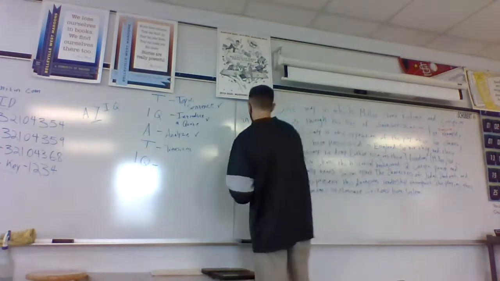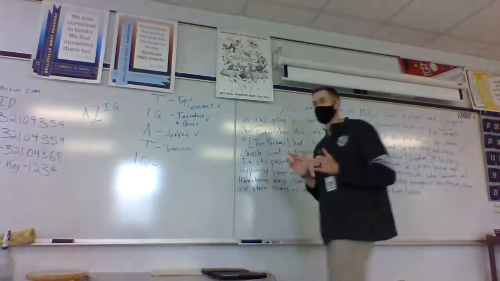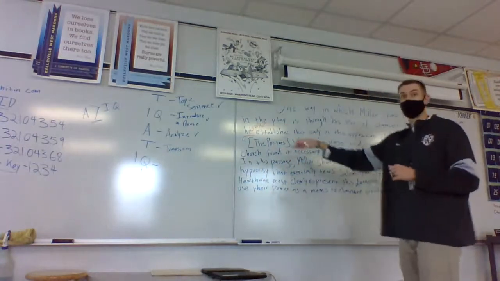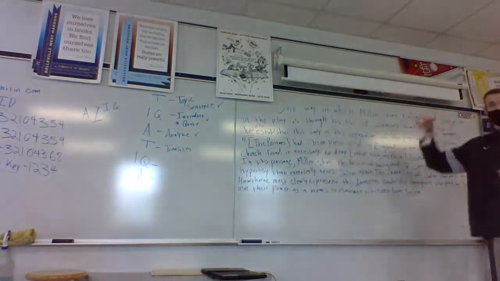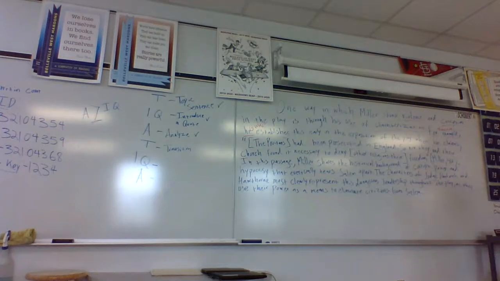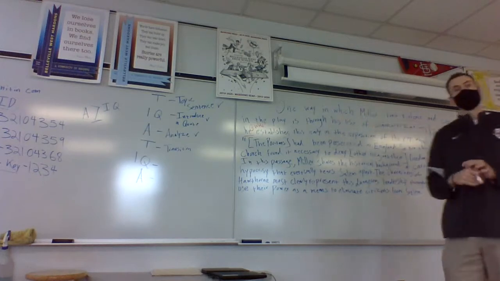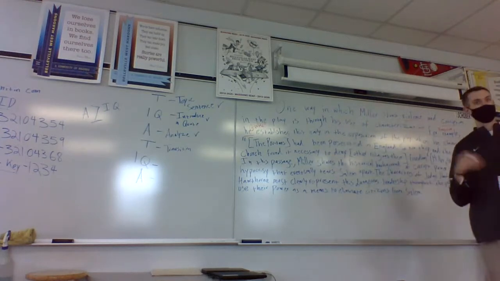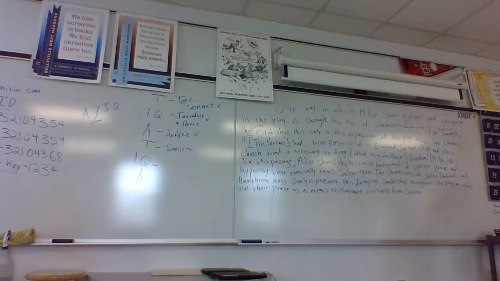You got to answer who's involved. In this case, I just said "he," because you should know from the previous sentence that he means Arthur Miller. It's from the exposition, so the author's the one writing it. In your examples, it's probably going to be characters, Proctor or whoever's saying the stuff you picked for your quotes.